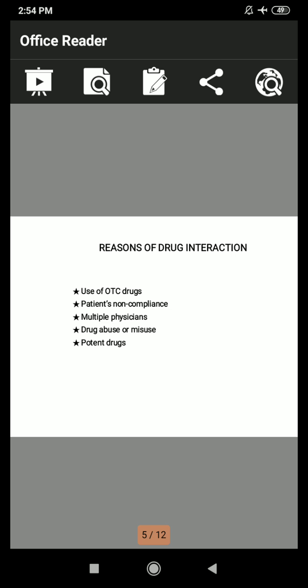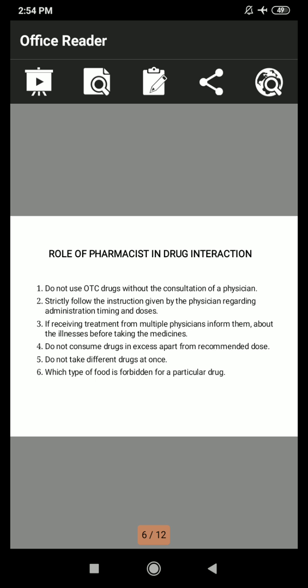Then fourth is, potent drugs may produce many pharmacological actions on different physiological systems or organs, which is one of the causes that produce drug interaction. Okay. Then the next point is the role of the pharmacist in drug interaction. A pharmacist is well versed with the pharmacokinetics